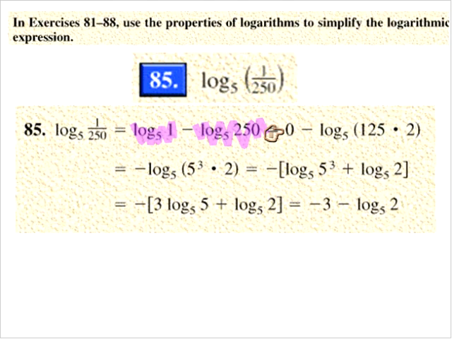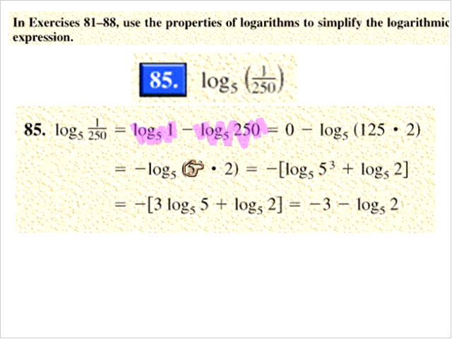So 0 is now replaced or substituted in, and I have to rewrite 250. I'm going to rewrite 250 as 125 times 2, because in the back of my head I'm thinking, well, if it's base 5, I want to be able to change something so I have 5 to a power. All right? And in my head, I'm thinking, well, 125 is the same thing as 5 cubed. So if I write it this way,